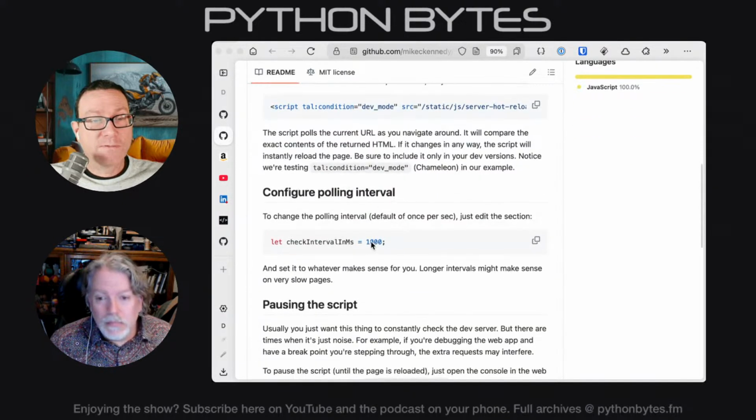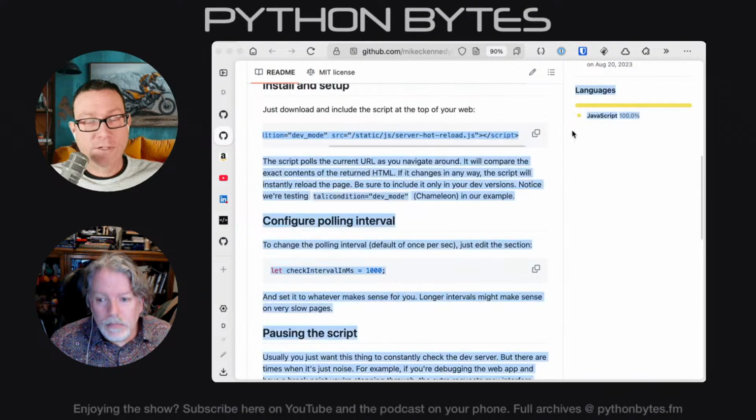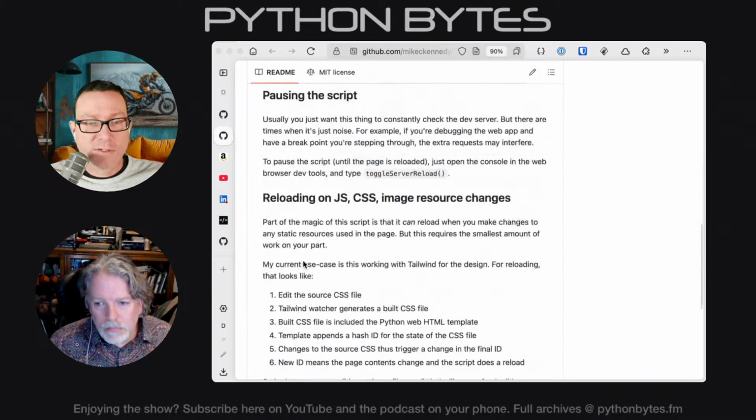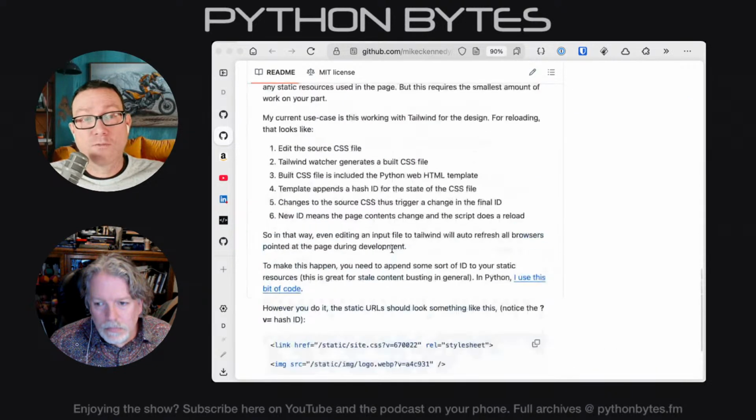So, for example, if you just include the JavaScript at the top of the page, and then in Flask, if you run it with Flask debug, or Pyramid automatically reloads in debug mode, you can set that in the config file, and I'm sure you can do similar stuff with Django. And then you just browse it on one side, code on the other, and you just start typing, and off it goes. And even to text, if you set it up right, it'll even reload the page if you change an image that was being used and things like that.